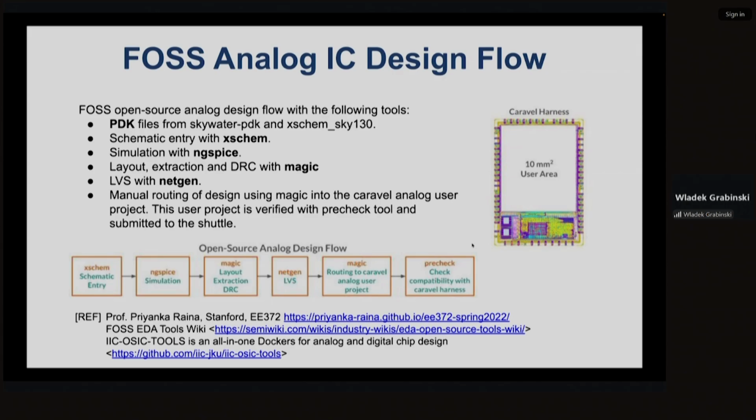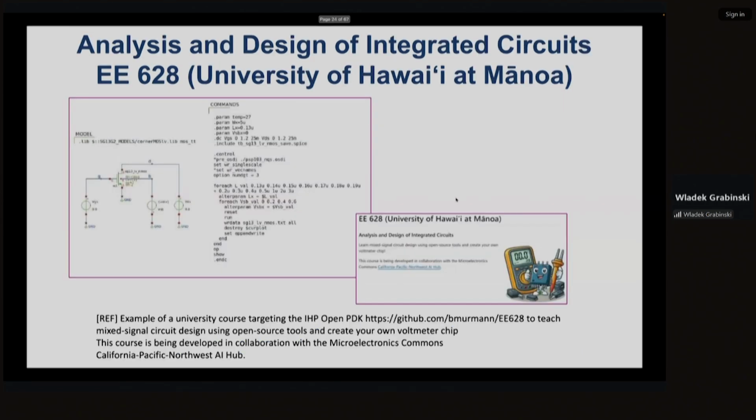There are other options. A program called Tiny Tapeout offers a part frame called Caravel, where you can put different designs and submit them for manufacturing. I will come back to Tiny Tapeout in a few slides.